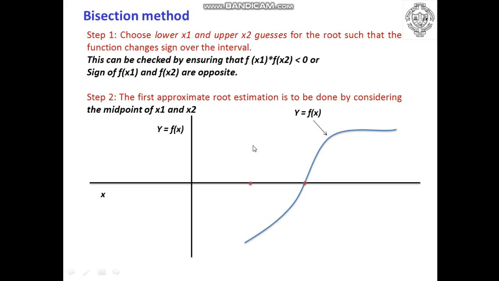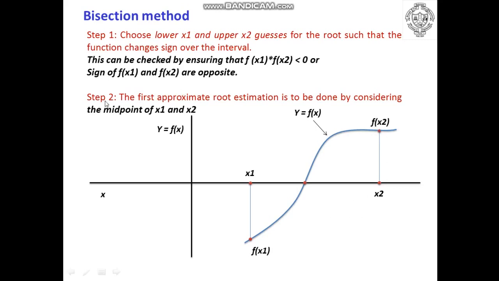and we can assume those two guesses are correct guesses. So if we take this x1 as 1, that is the initial guess x1, then we can put this x1 in the formula and find the respective function as f of x1. Similarly, we have assumed a value of x2. Again we can find the respective function as f of x2.